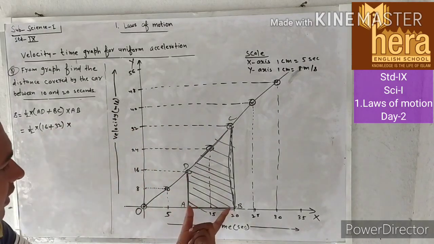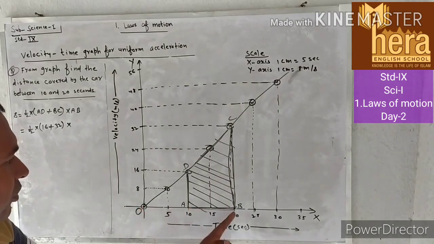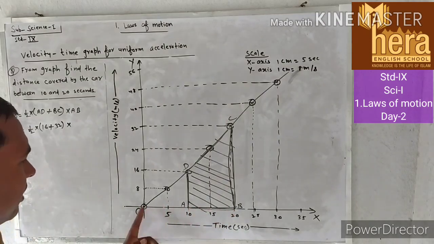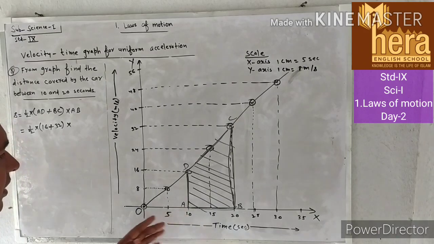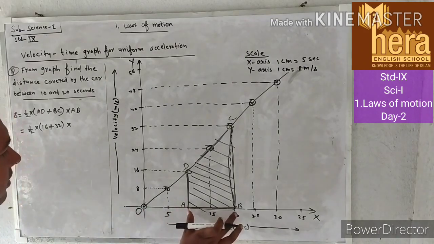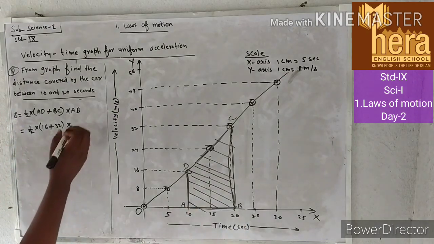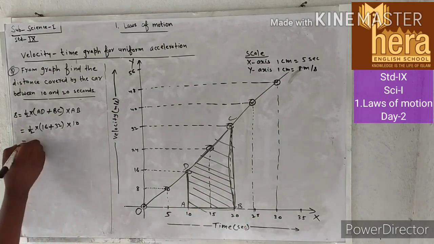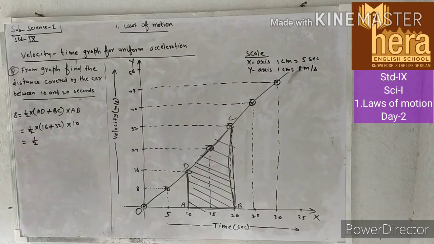AB, this one, this is the gap of 0 to 20. From here to 20, here to this is 10. So if you subtract this one, then you will get this. This is 10. This will be equal to 1/2